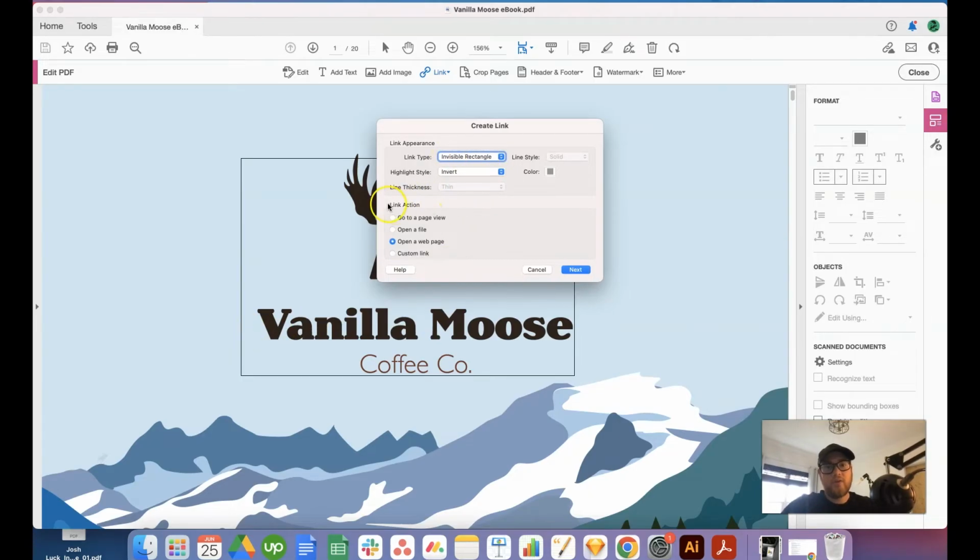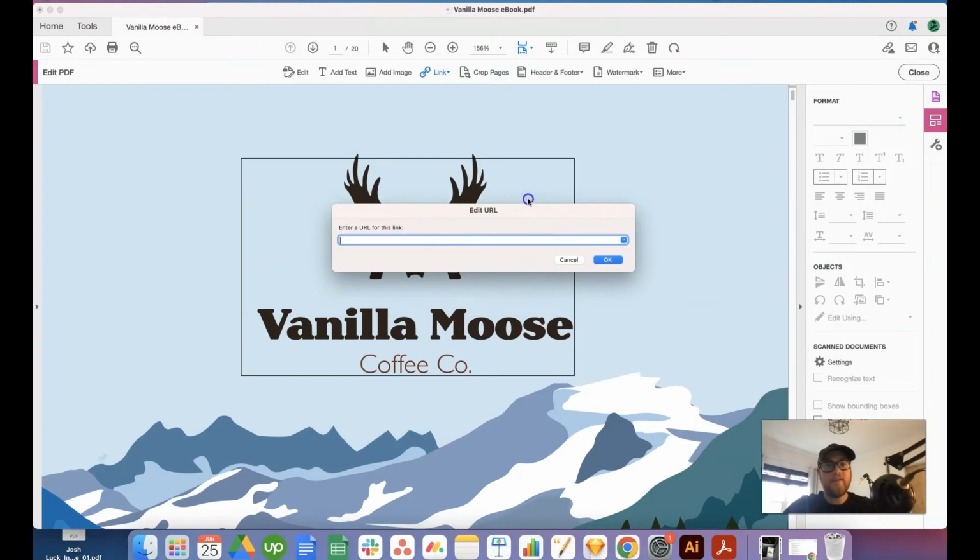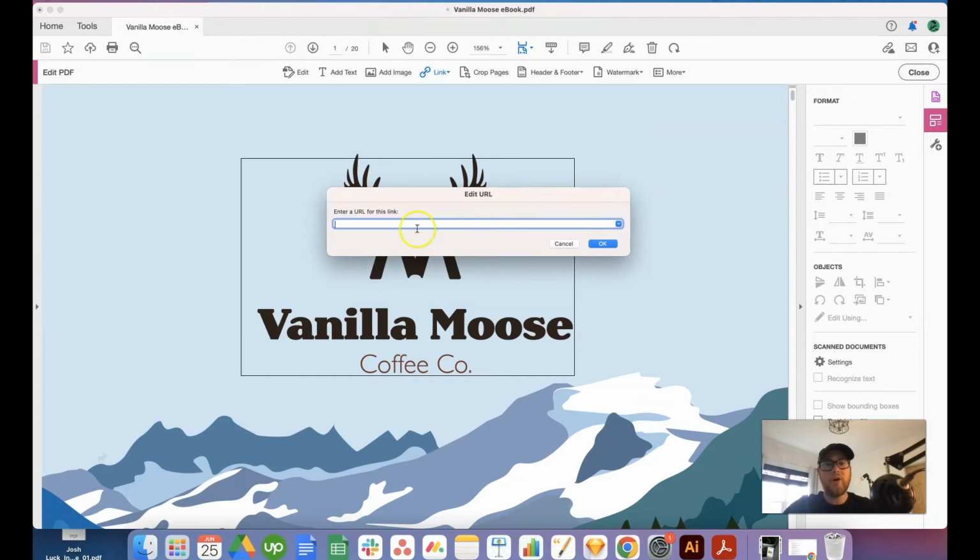And then this is where you choose what you want the link to do. You can either go to a page within your PDF, open a file, custom link, or open a web page. So I'm going to do open a web page and hit next. And this is where you can add the URL. So when people click on it, it goes to this URL. So I'm just going to add my website,